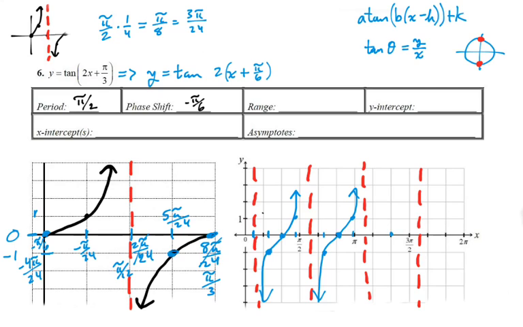Okay, I'm going to keep doing that, just copying it. And there you have it. There's the rest of my graph. Okay, let's do the range really quick. The range is negative infinity to positive infinity. You have arrows pointing up and down, so we're just going to put negative infinity to positive infinity to be